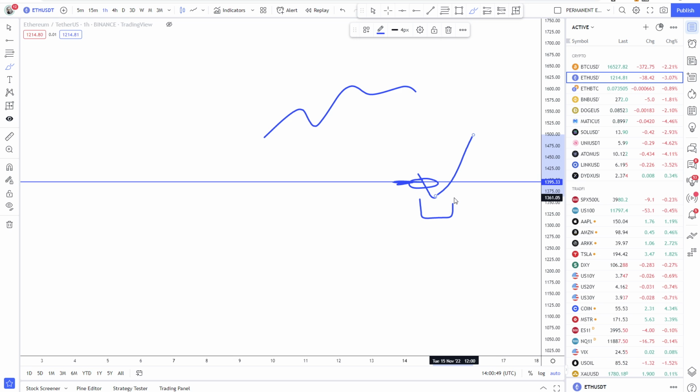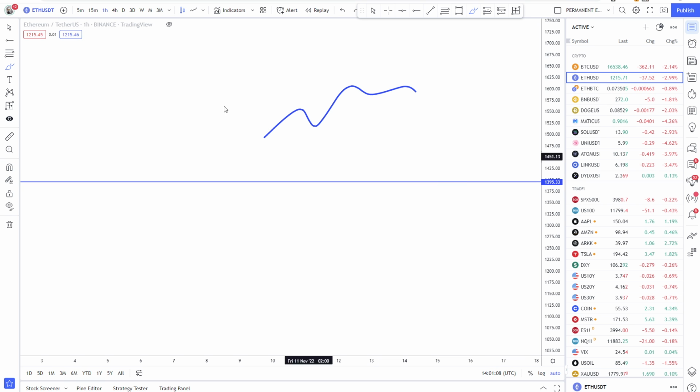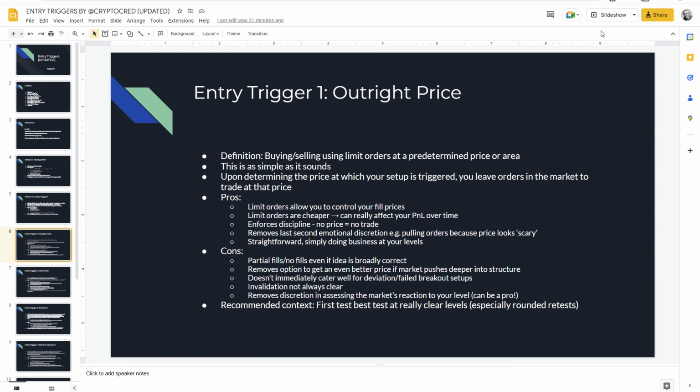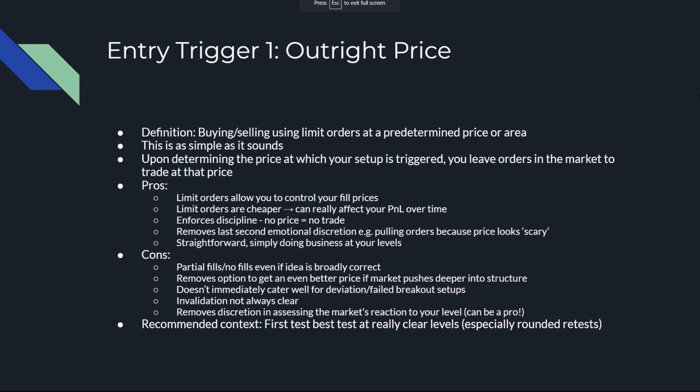For the most part, your baseline assumption with limit orders will be, if you get filled, most of it will be at the price where your limit order is. And even if you do get the chance for a discount or a better price, a lot of the time the majority of your fill will come from your original order, and you'll miss out on all this extra discount if you're just trading outright at the level itself. That's the second setup, which we'll discuss in time, but that's certainly one thing to consider for outright price. And the logical corollary of that is that it doesn't immediately cater well for deviation setups